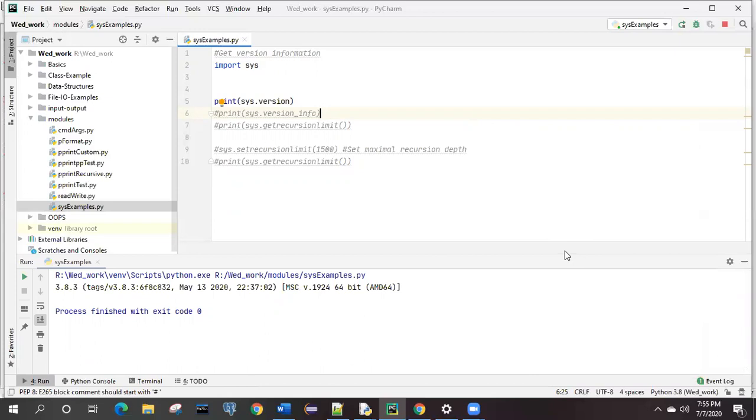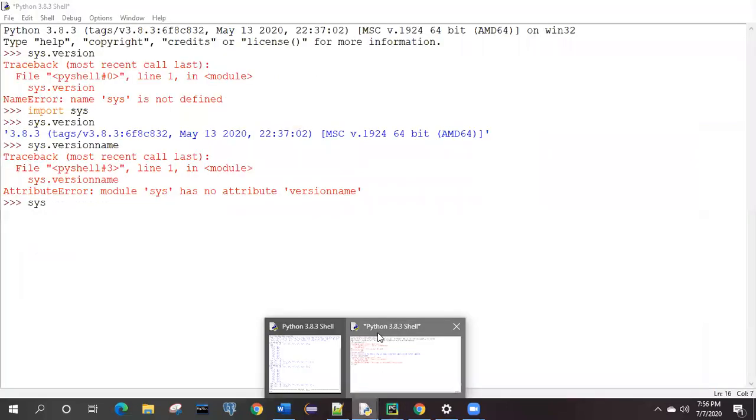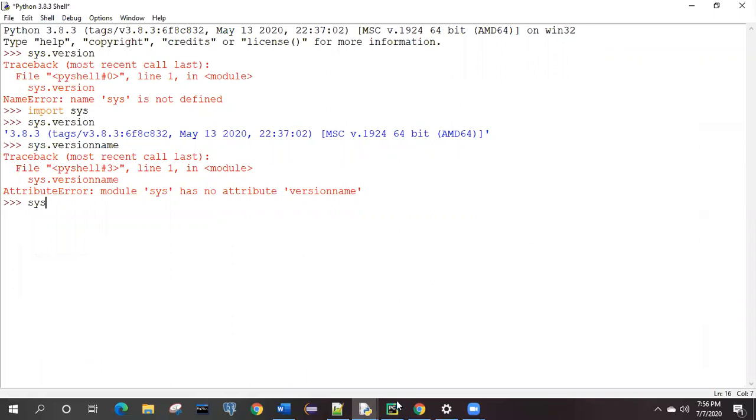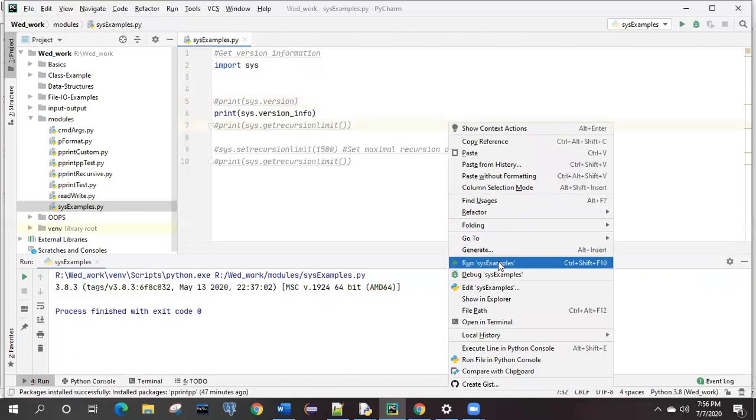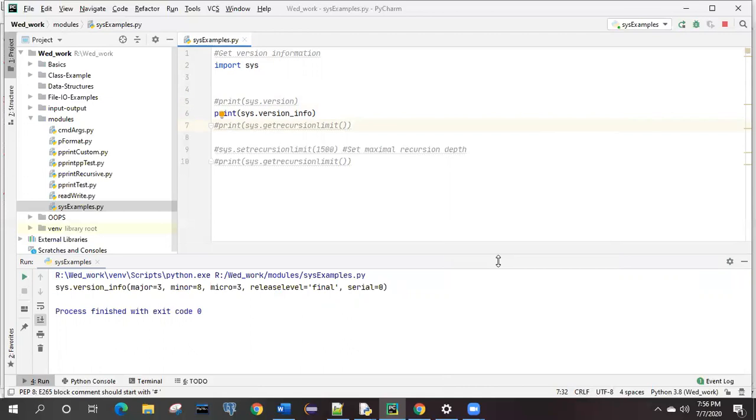Okay, if I run this example now, I am simply printing sys.version. What you are getting is the information about Python, like what the version is and on what machine it is running. It is a 64-bit machine, and you also get the date and time information. The same information you can see over here in the IDLE, on the first line. Now the very first thing: what is the difference between sys.version and sys.version_info? First of all, we will comment this one out and run only one. Yeah, it will give you the version.